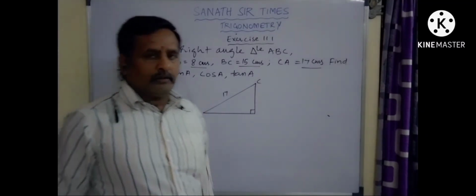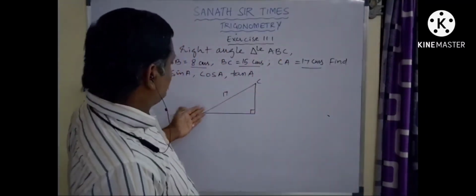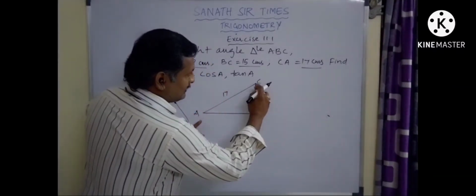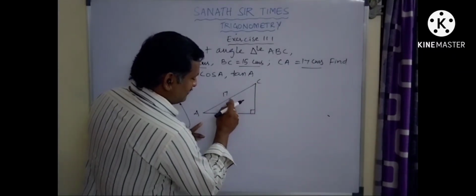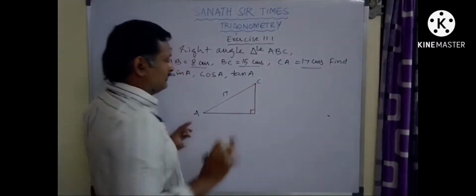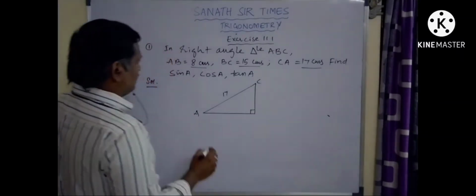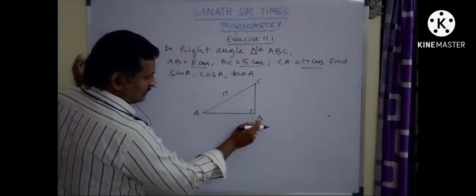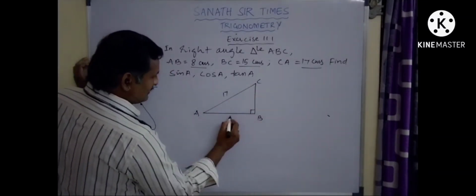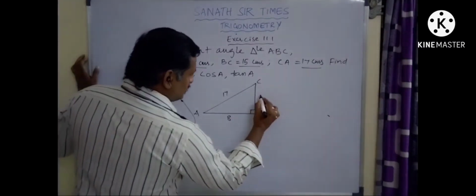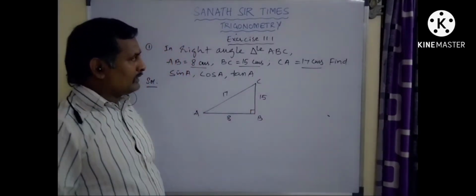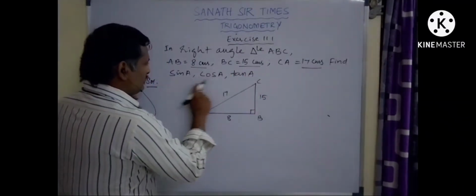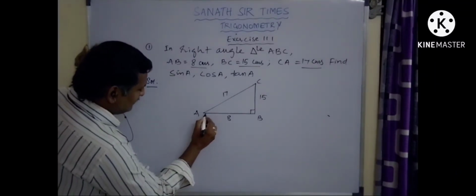I am not doing any rocket science, straight away, whatever has been given. You can ask me, sir, why you are writing 17 here? It's because we know that the side opposite to the right angle will be the bigger side, 17 centimeters, so this is posted at its original place. Now, AB is given, and since AC has been booked out, this should be B. So AB is 8 centimeters and BC is equal to 15. Once you post all the values into the triangle drawn by you, it is very simple to calculate. This is angle A.